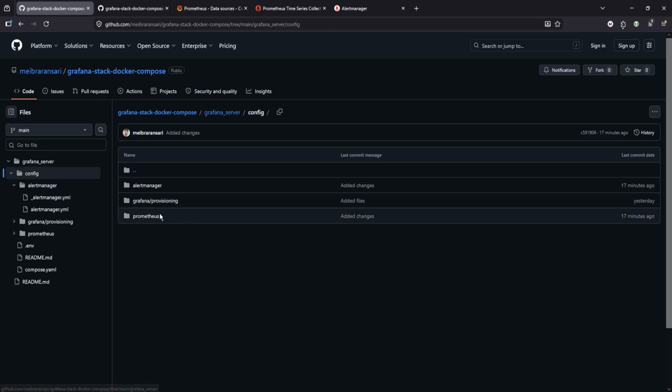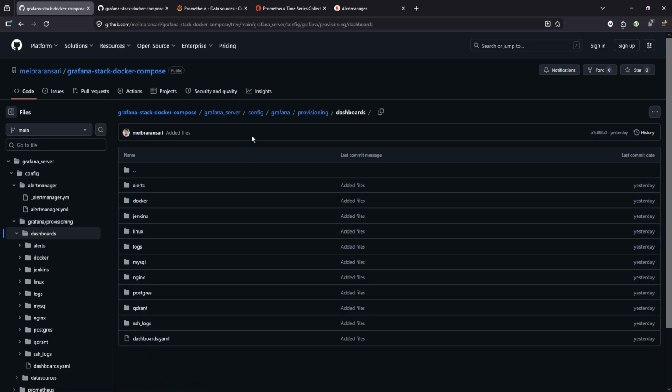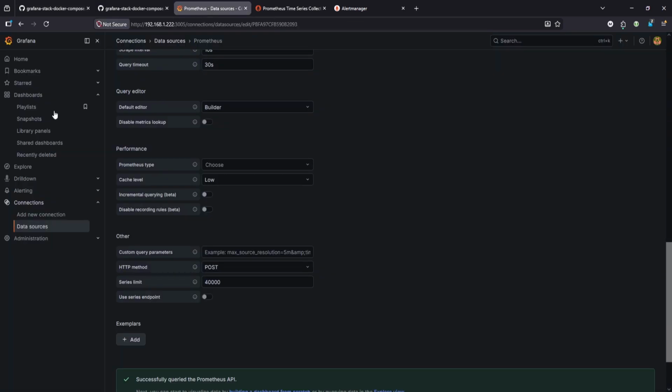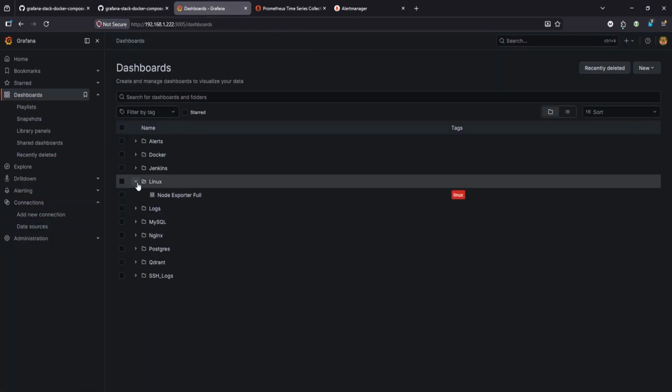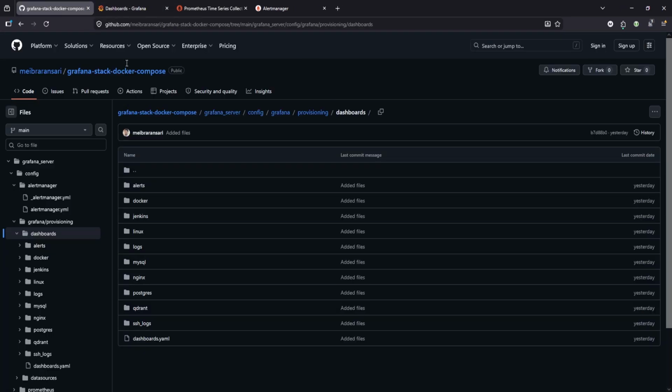So that was for Alertmanager. In the Grafana provisioning, you can see here the dashboards I already added, which I showed you in Grafana here, right? I added multiple dashboards here. And go back here and